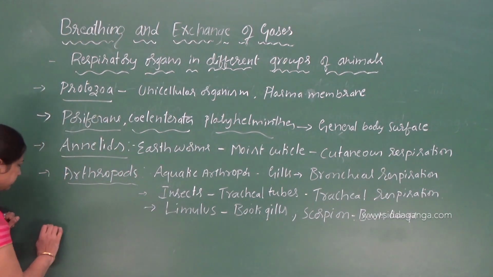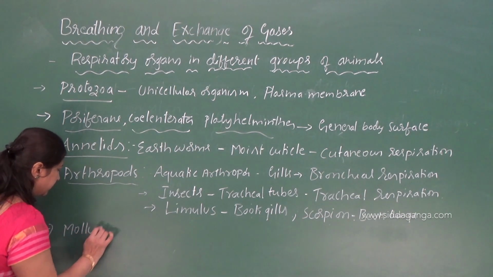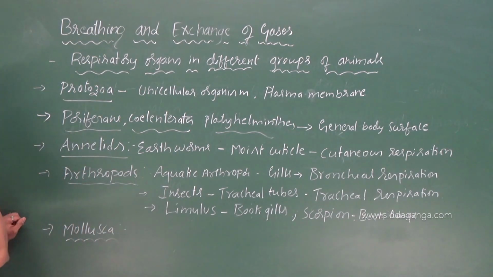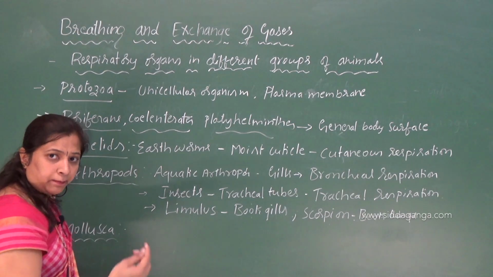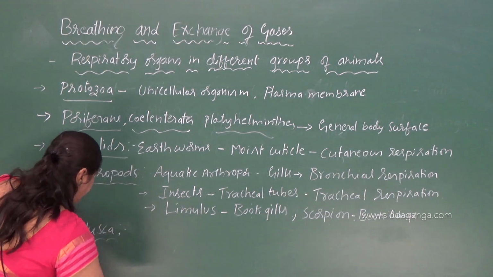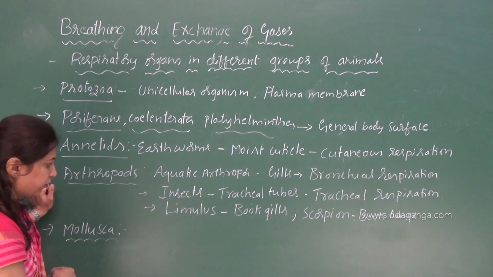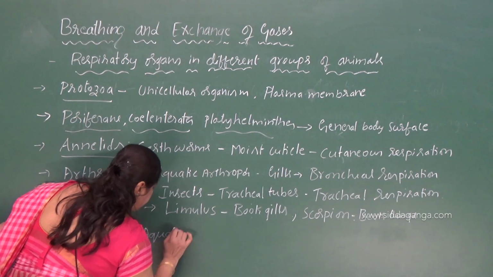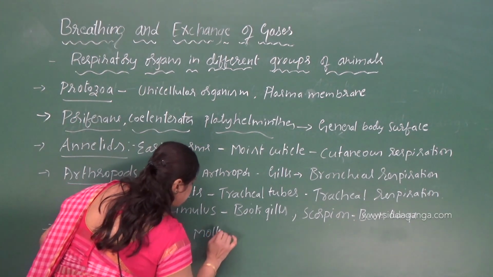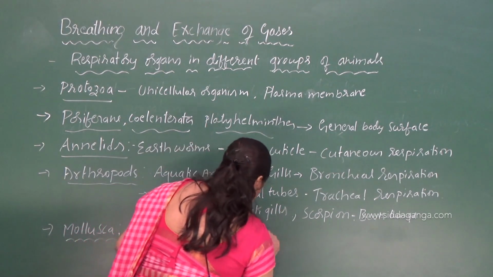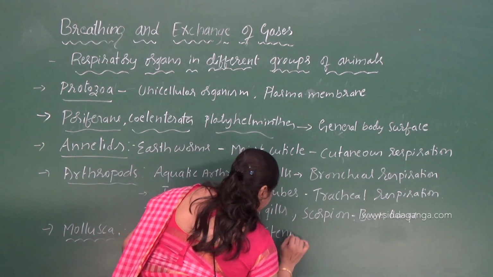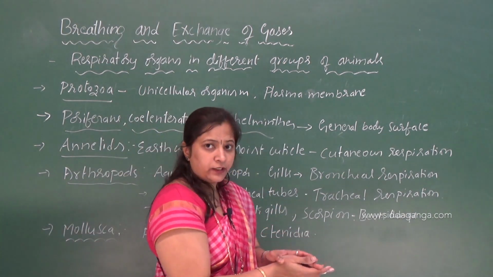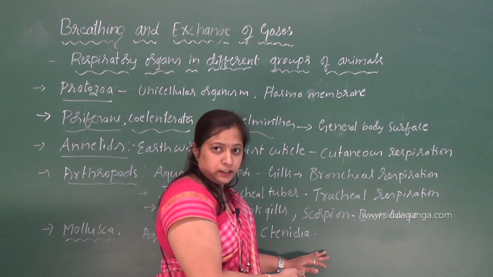And in phylum Mollusca, it includes shelled animals like Unio, apple snail, and Dentalium. So all these animals come under the phylum Mollusca. The aquatic mollusks have ctenidia. Ctenidia means what? They are the feathered gills. They are gills only, they look like feathers. Hence they are called ctenidia.